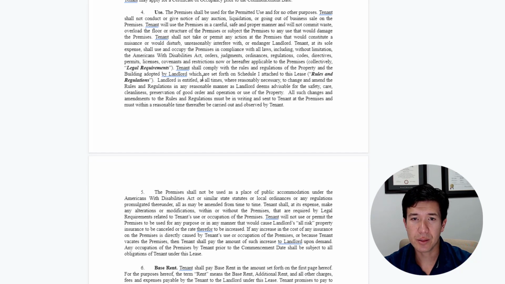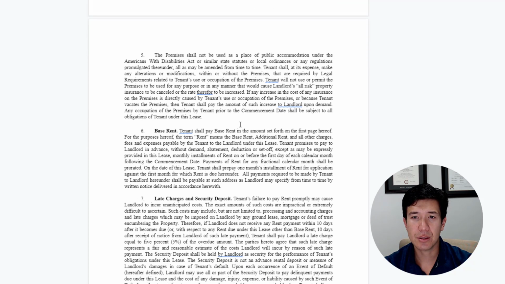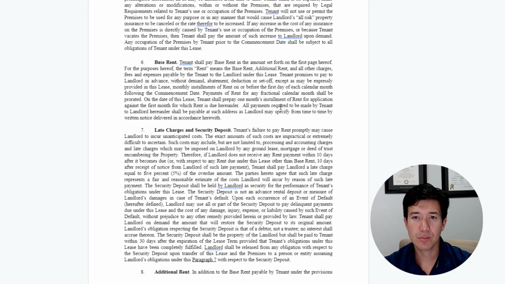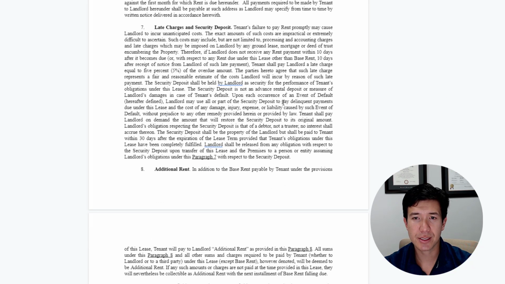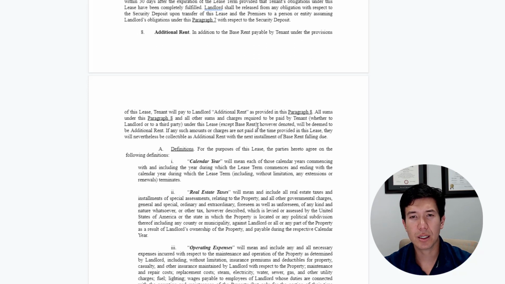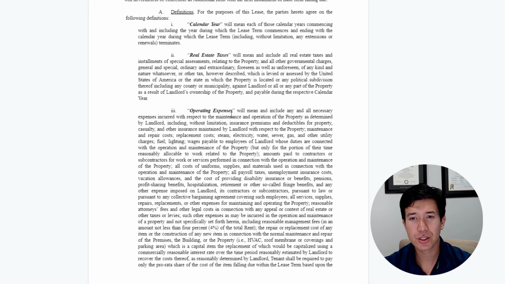Here we have limitations, compliance with ADA, no public accommodation, right? So this isn't open to retail customers. Base rent, prepay, late charges, again, 5% of overdue. That's pretty standard. Could be more, it could be less. Everything is additional rent. That's important for evictions or for later judgments when you want to compile all of your charges as rent so that you don't have a judge's discretionary removals reducing the amount of an award, of a monetary award. These are just definitions.